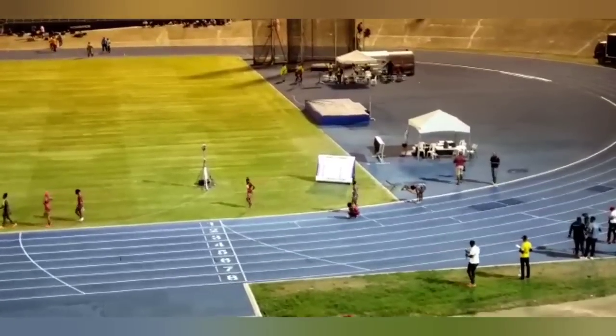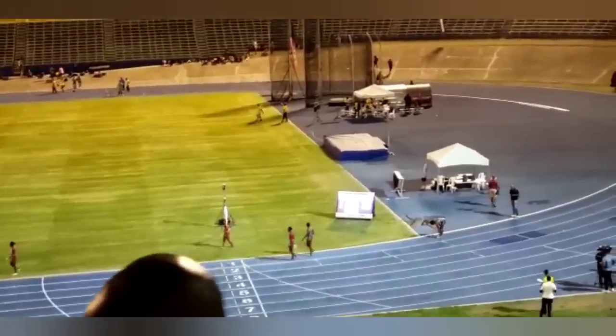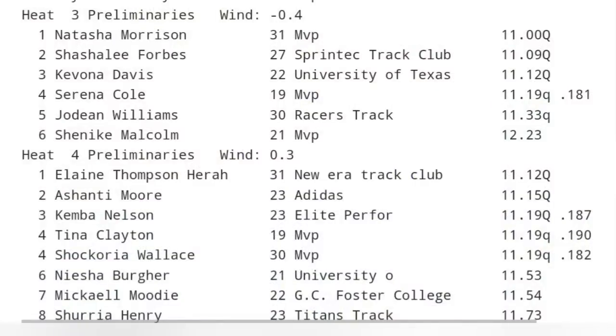11.11 for Anthony Strawn of the Bahamas in third. Sasha Lee Forbes. Elaine Thompson Herah ran and won heat number 4 ahead of Ashanti Moore and Kemba Nelson. A significantly improved Elaine Thompson ran and won her heat in a time of 11.12 going through to the semis, with Ashanti Moore running 11.15 and Kemba Nelson running